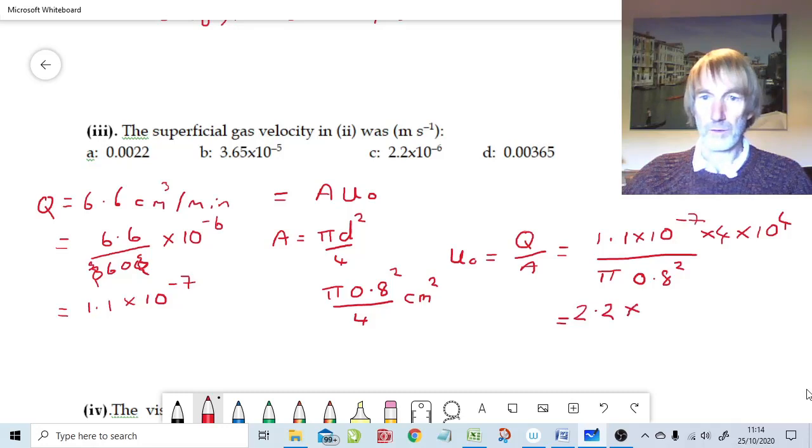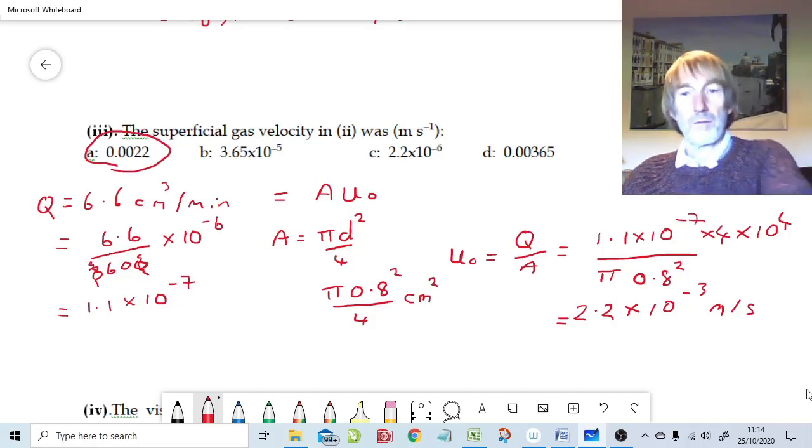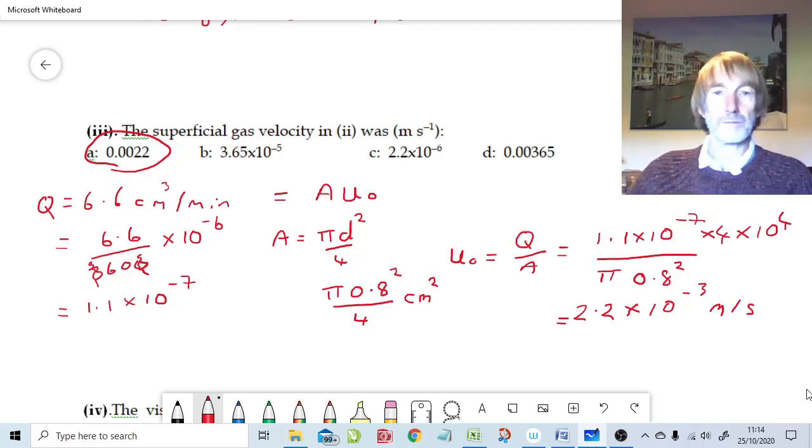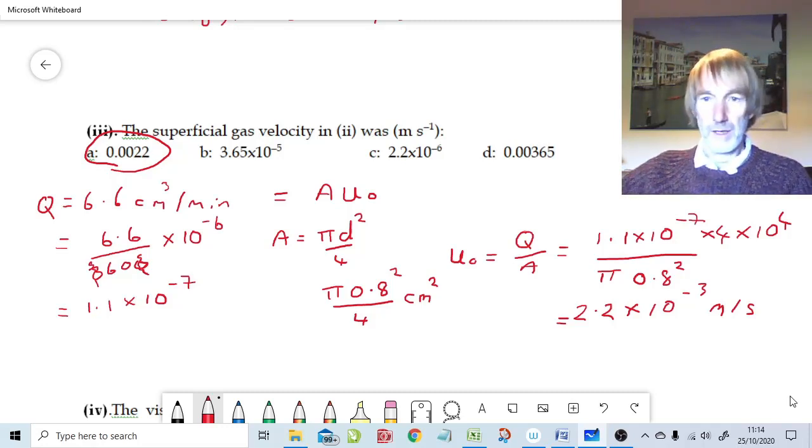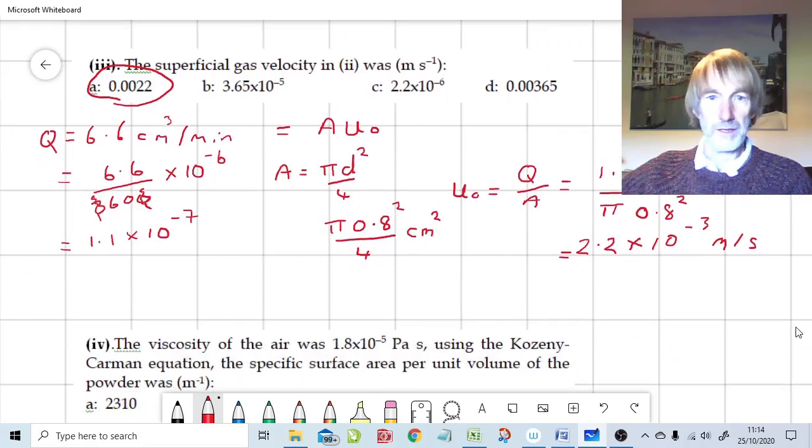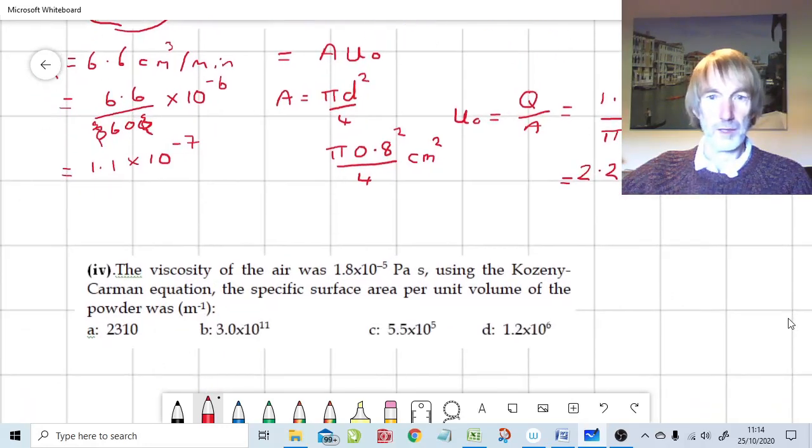Now we've got to sort out all the tens. So that's now times 10 to the minus 3 meters per second. 2.2 times 10 to the minus 3. So that looks to me like it's answer A. 2.2 times 10 to the minus 3. Good, good, good. Looks to me like we're ready to do the Kozeny-Carman